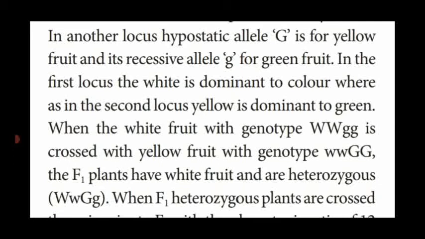Okay. So for the fruit with a genotype, how can we form it? White is the dominant, and the recessive we have to add, isn't it? What is the recessive? Green color in the second gene. In the first gene, white is the dominant, and you have to write it in a pair, so capital WW, which suppresses the green color fruit present in the second gene. So that is small gg.